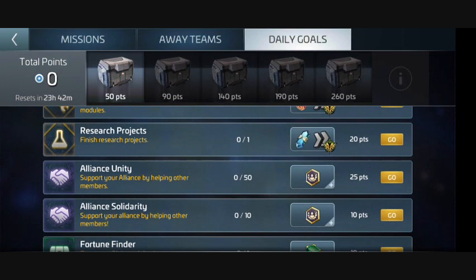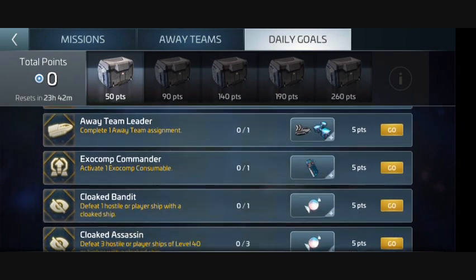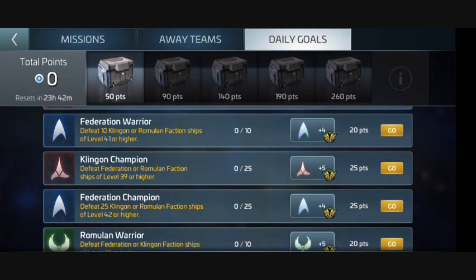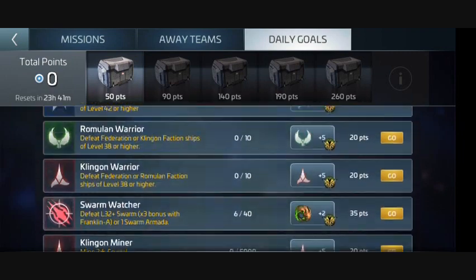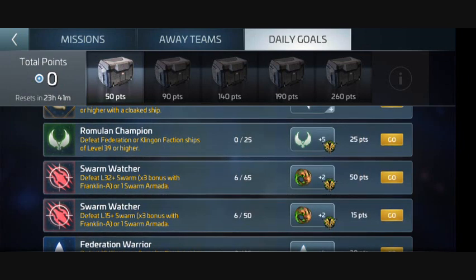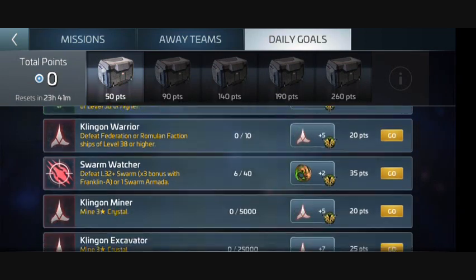As I bring you down here, we're going to come on down to where it says swarm something something, swarm watcher, and more, right? But I want to point out something to you that you get when you get the Franklin A, and this starts the moment you get the Franklin A. Look at here where it says defeat level 32 plus swarm. It's 3 times bonus with Franklin A for your 15 swarm and so on,